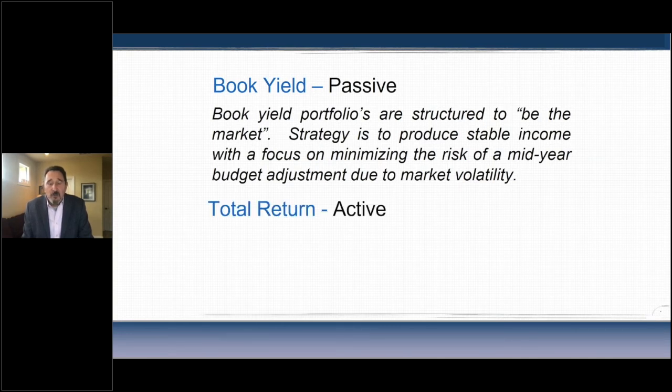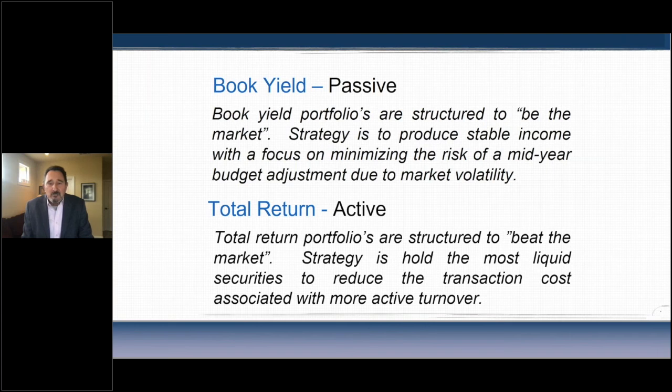Next is the total return. Active, this is structured to beat the market. They're trying to use either superior security selection, finding securities that are cheap relative to their peers, or sector allocation. I'm going to be weighted in treasuries when I think agency spreads are going to be wide. I'm going to be in corporates when I think corporate spreads are going to narrow versus agencies. They would sell a bond at a loss in anticipation that on a total return basis, they would be better off because of spread. It's a much more sophisticated strategy. It's one used primarily by the bigger funds, entities, public entities.